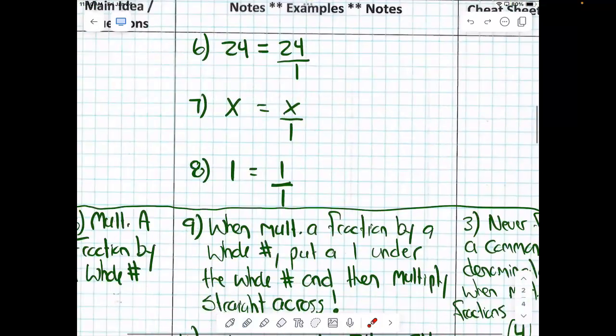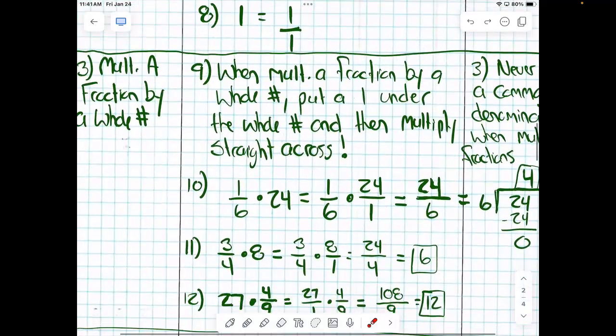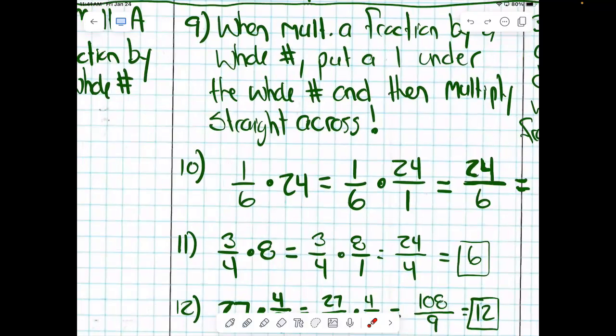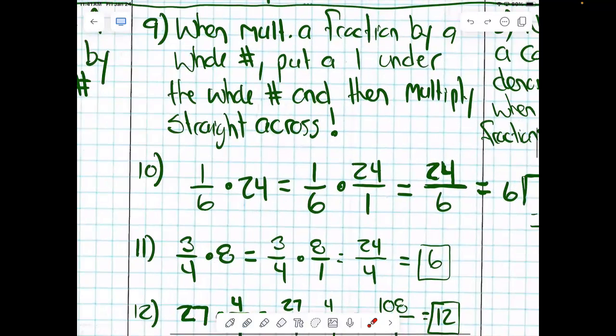So if I have a variable like x, I simply just put x over 1. So any number, 6,921, if I want to make it into a fraction, I just make it over 1, right? And the reason we do that is because it helps us understand multiplying fractions by whole numbers a little bit easier. So if I gave you a problem like 1/6 times 24, we have decided that we're going to rewrite